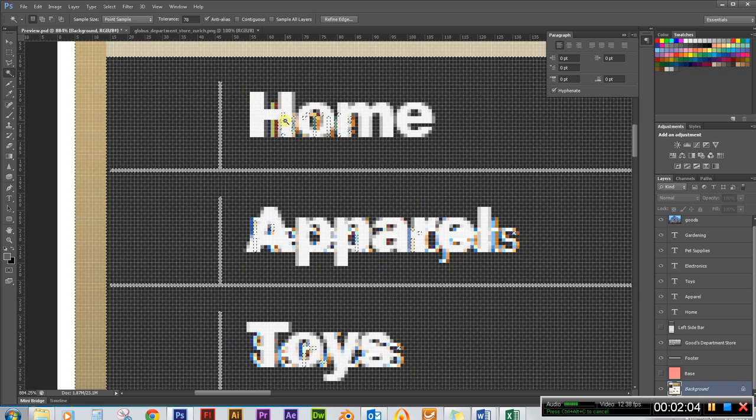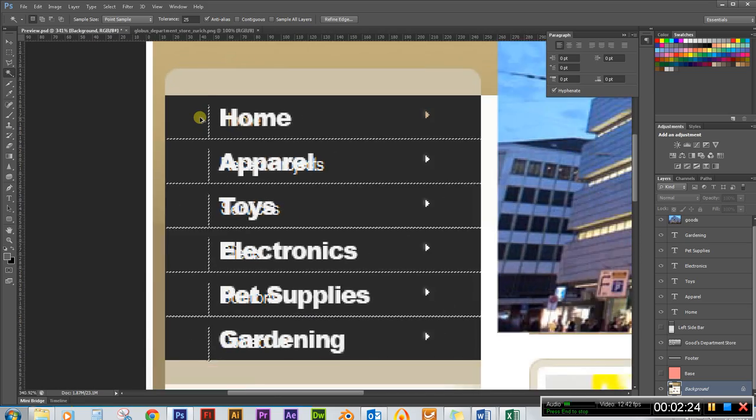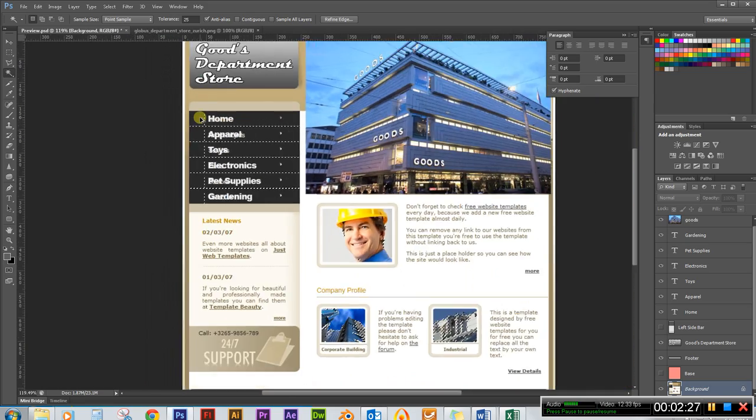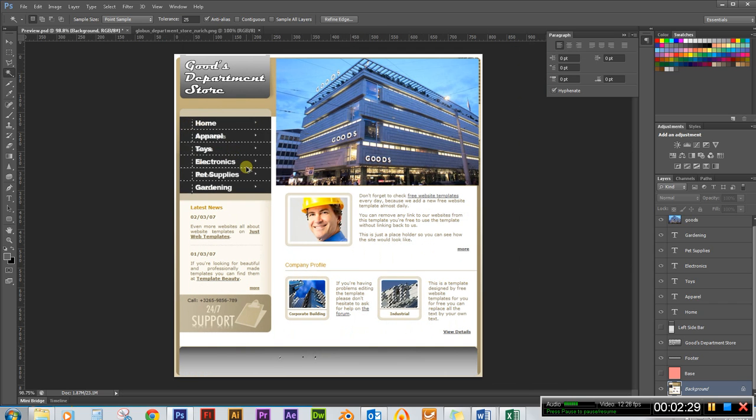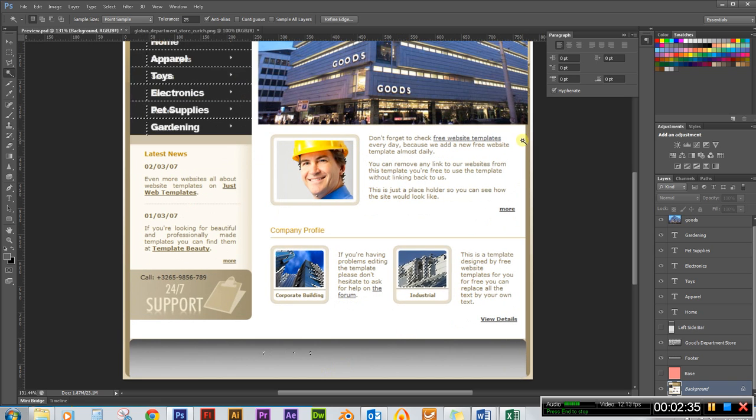You can see it selected part of the lettering here, so I'm going to do a Control D. Let's bring the tolerance down. Let's try about 25, but make sure you have contiguous unchecked. Let's pick here again. Okay, I'm going to back up and make sure it did not. Okay, we can see that I have a few spots that it had still selected